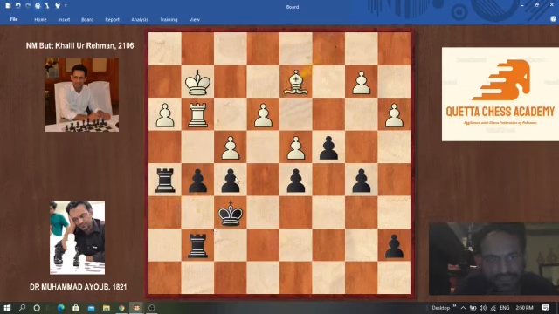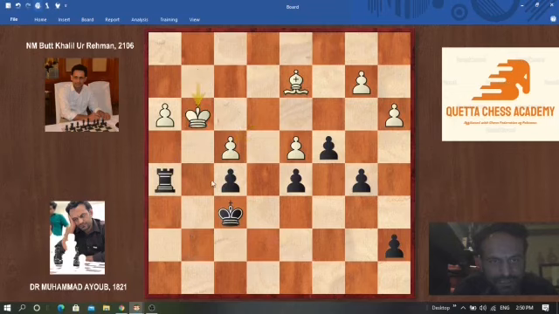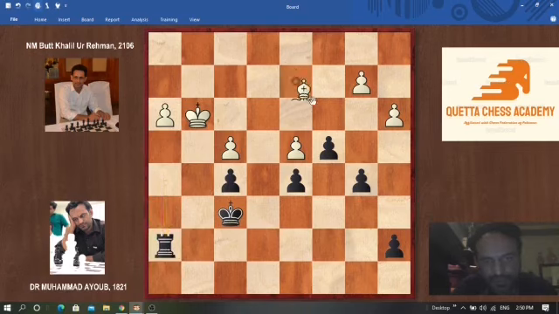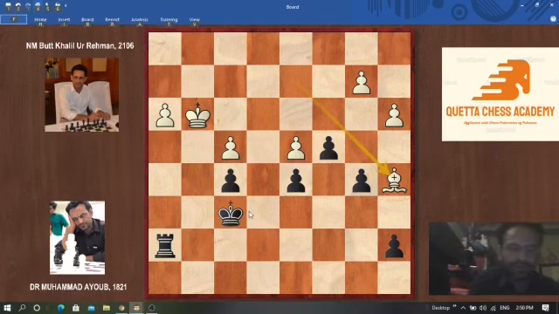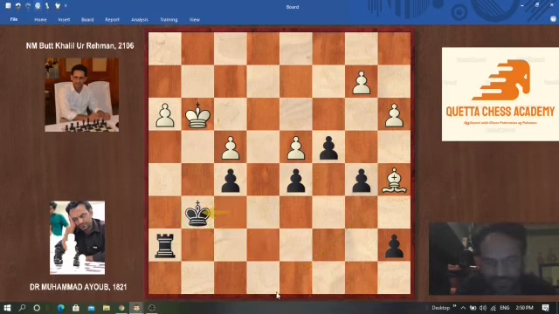He tried to activate his bishop, but it is rather quite late for him. So now I was trying to get access to the open d file. So I moved my rook back to h7, and he tried a last tactical shot with the bishop a5. So now if I move the rook to e7, then he has this pin. So instead of going for this trick, I just move my king to g6,